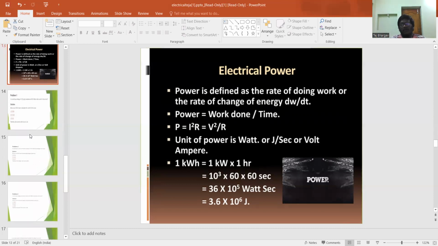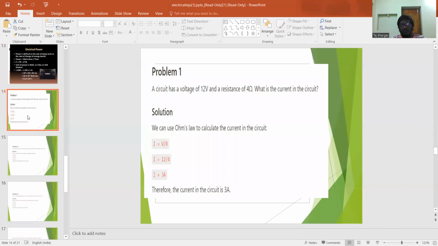Now we come to the main topic, numerical problems. Given a circuit has a voltage of 12 volts and a resistance of 4 ohms, what is the current in the circuit? So here we use the basic formula of the chapter, that is Ohm's law. We know that current is